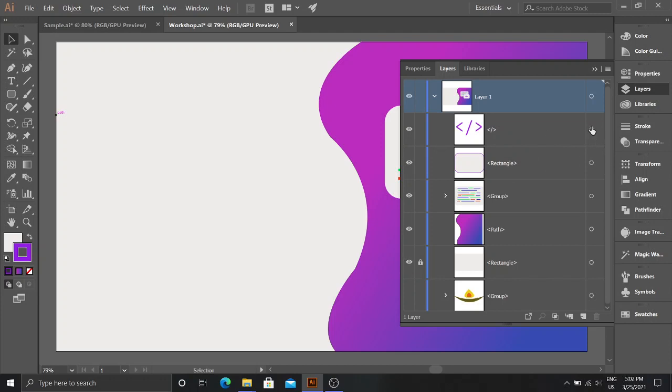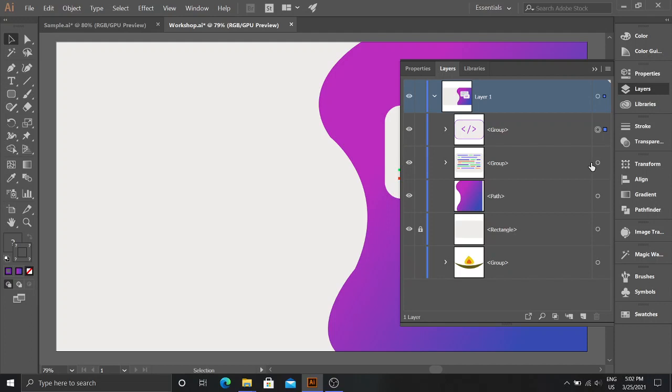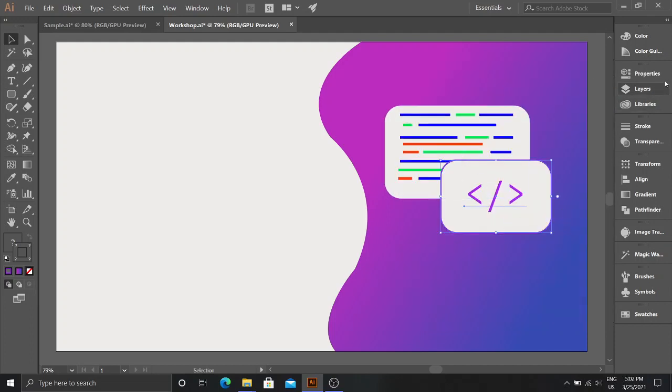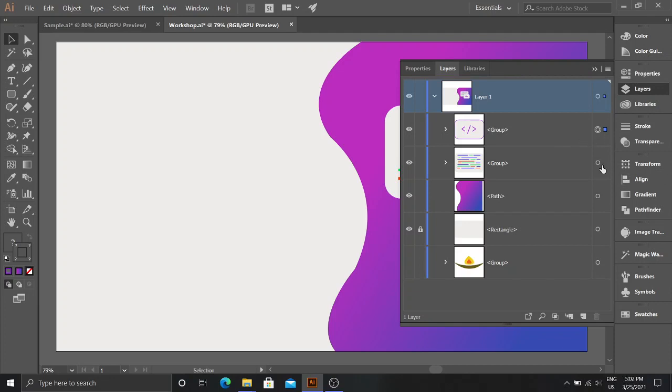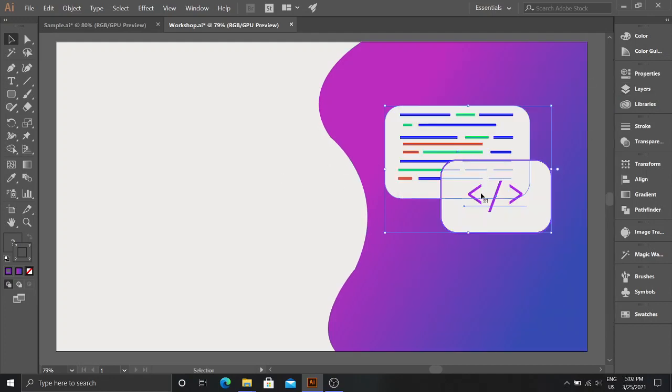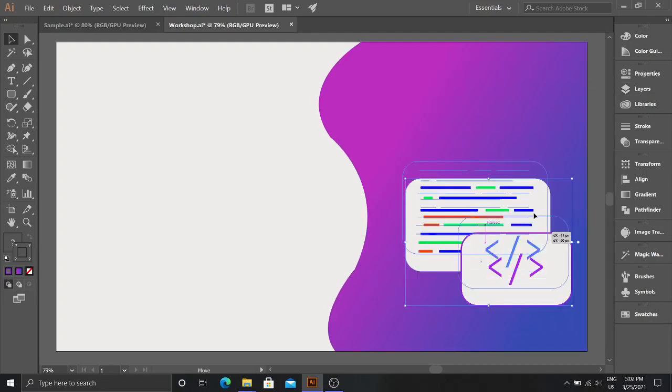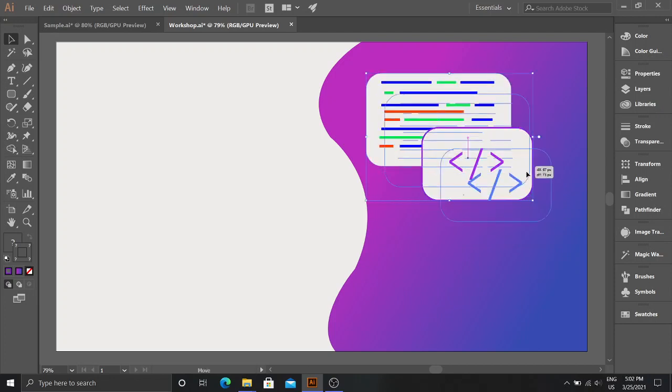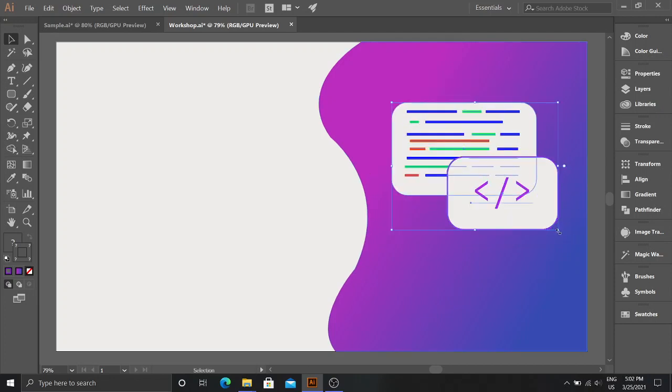So now let us group these two. We have both the rectangles now. We can also group both the rectangles together like this. Let us change the size.